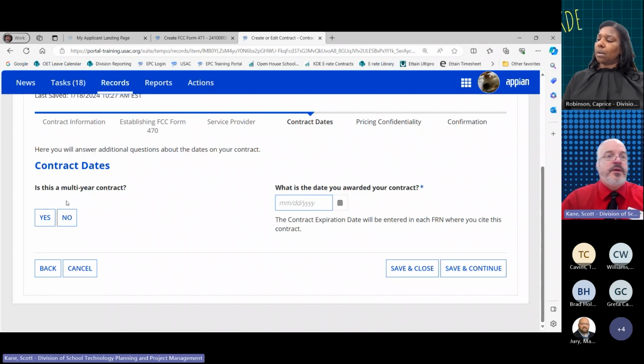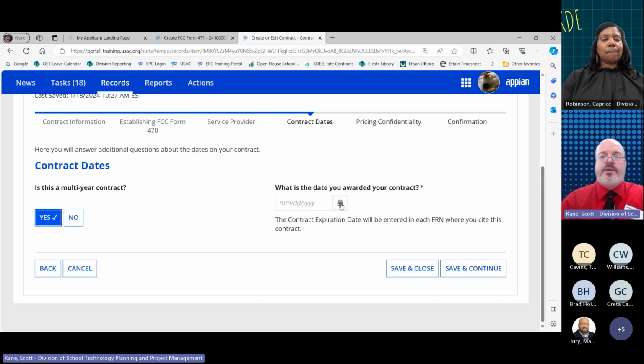Is this a multi-year contract? Probably, yeah. And I think most of you go through the process of establishing a new WAN contract every 3 to 5 years. Some are even a little bit longer, and that's okay. There's nothing wrong with it being longer. There's no limit specifically to the number of years you can have on a contract, except that your contract does have to have a drop-dead end date. So it can't be an evergreen contract.